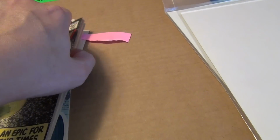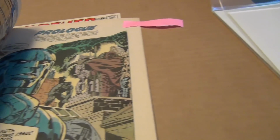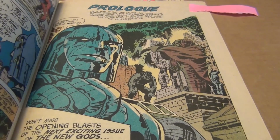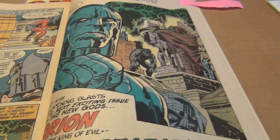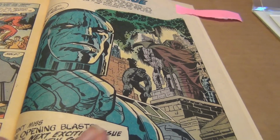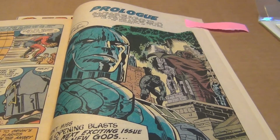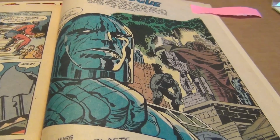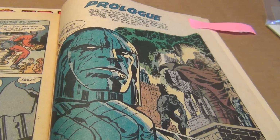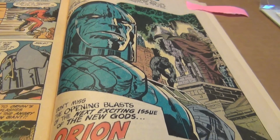Because let's jump real quick to the last page. There you go. Just look at that. To me, as I mentioned in the earlier part of this video, I felt that this is the first time that Jack nails it as far as the look. Gorgeous. I love that last page right here. That's a good looking, menacing look that